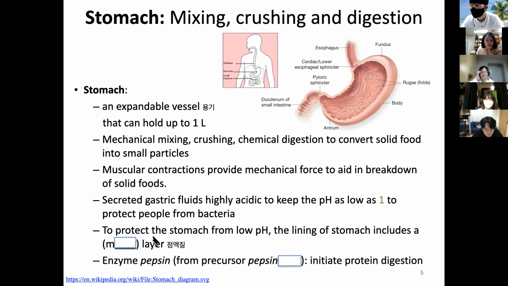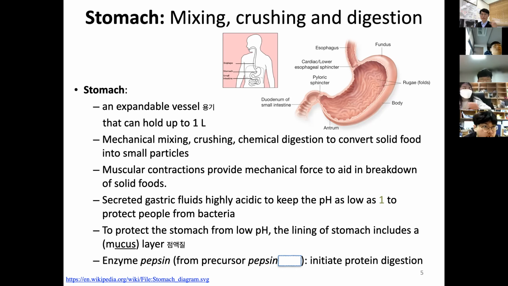Mucus. Yes, mucus. Right. So the mucus layer is produced and then it coats the surface. And of course, remember all our GI tract, these are all epithelial layers, and most of them are coated and maintained with the mucus. Euiheon already showed how to protect ourselves from COVID-19. Mucus is very, very important, okay? And especially in the